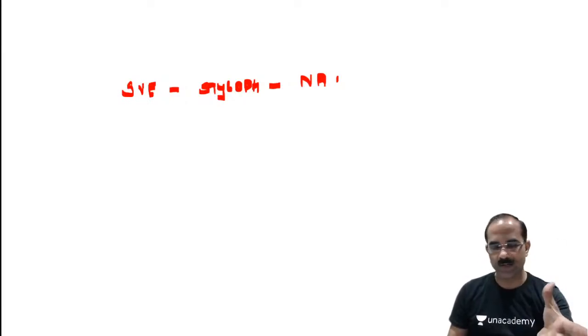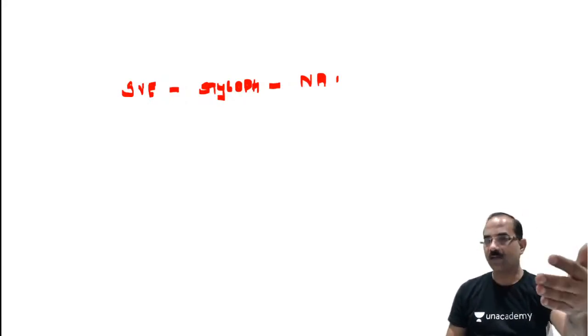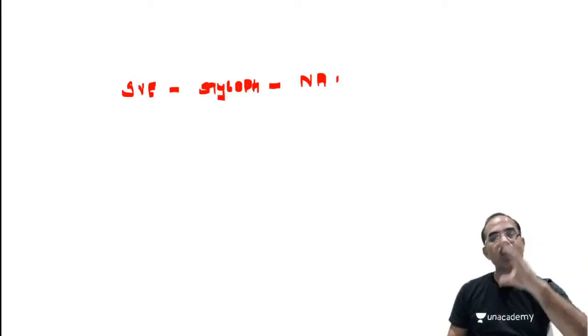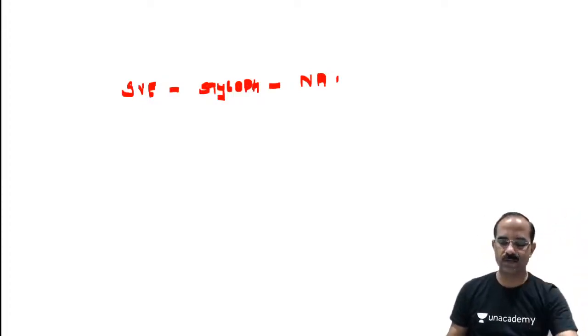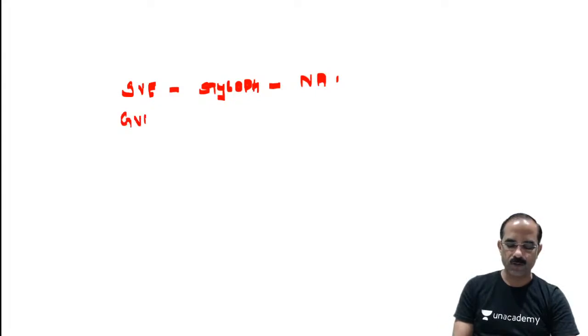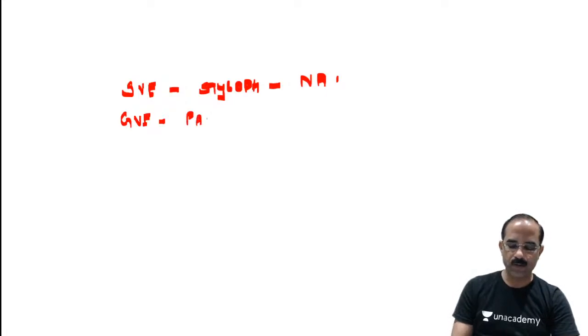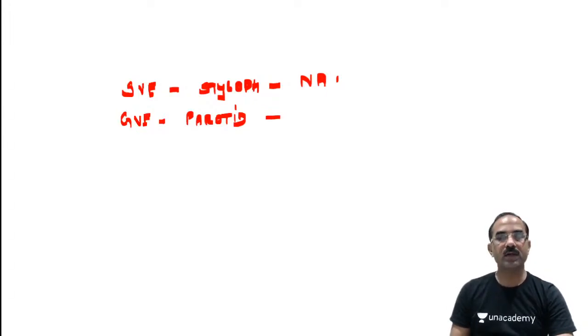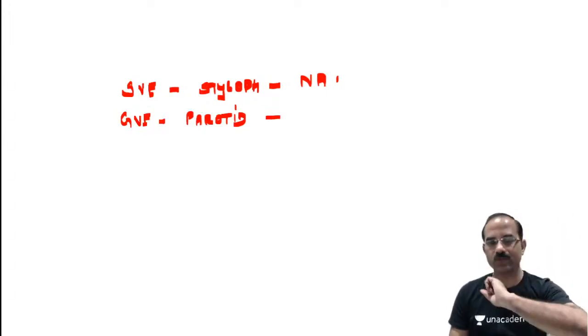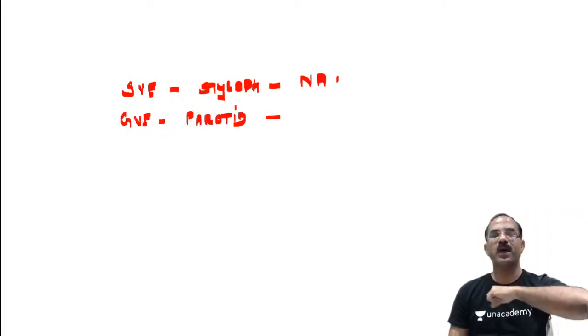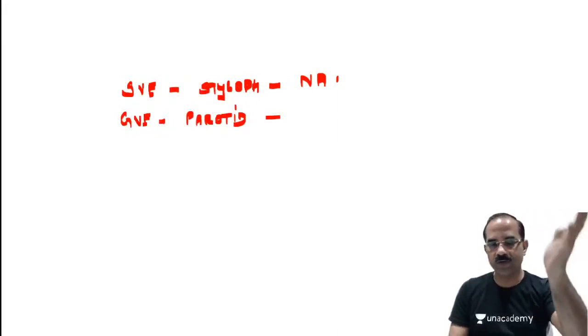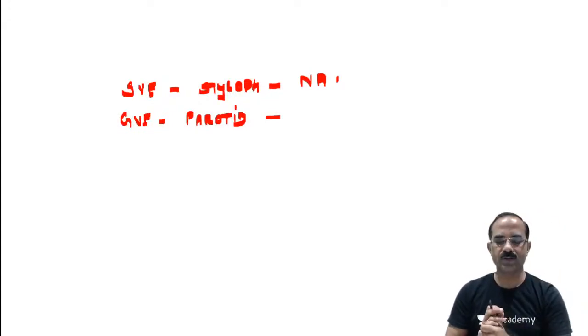It supplies the parotid gland, right? To supply the glands, students, what component should the nerve have in its nucleus? The name of the component is general visceral efferent. Okay, general visceral efferent component. And what does this component supply for the glossopharyngeal nerve? It supplies the parotid gland. Can anyone tell me the name of the nucleus of the glossopharyngeal nerve which is going to supply the parotid gland, which belongs to this general visceral efferent component? Follow, students. The name of the nucleus of the glossopharyngeal nerve. Answer.